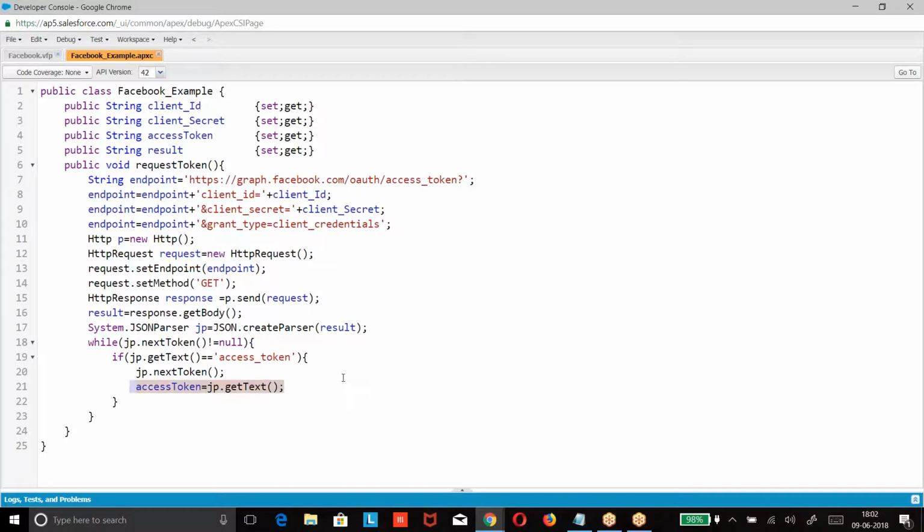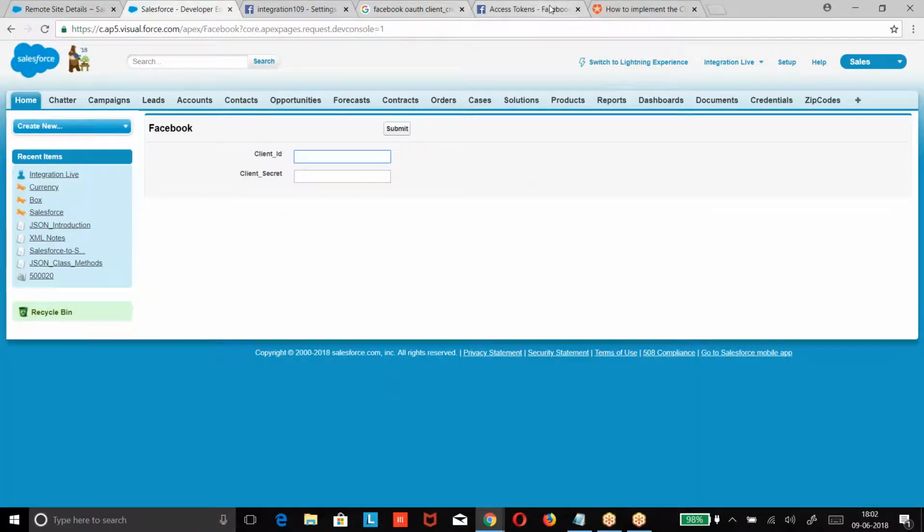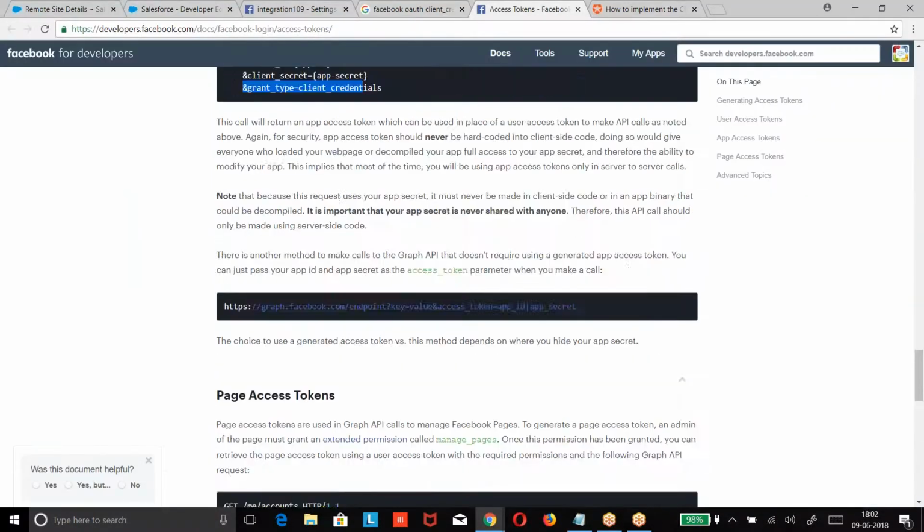This is how we got it. Once this is done, you want to request any data from the Facebook. If you want to request any data from Facebook, let us see.